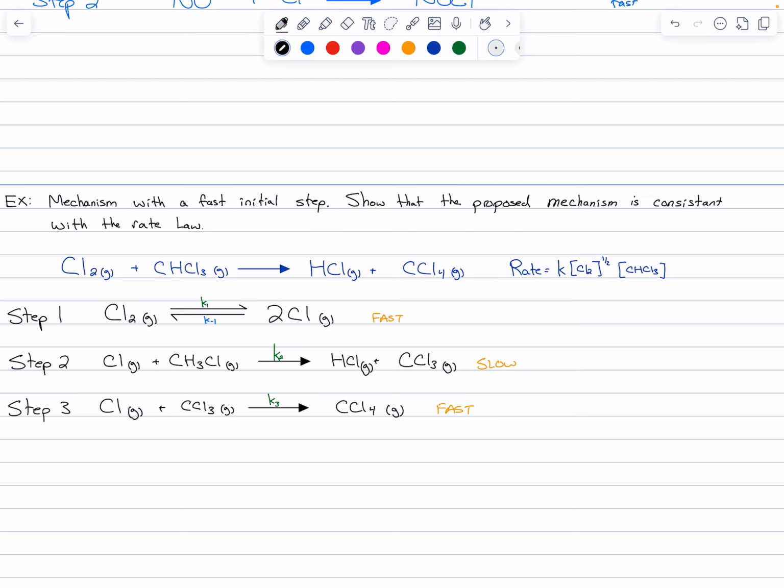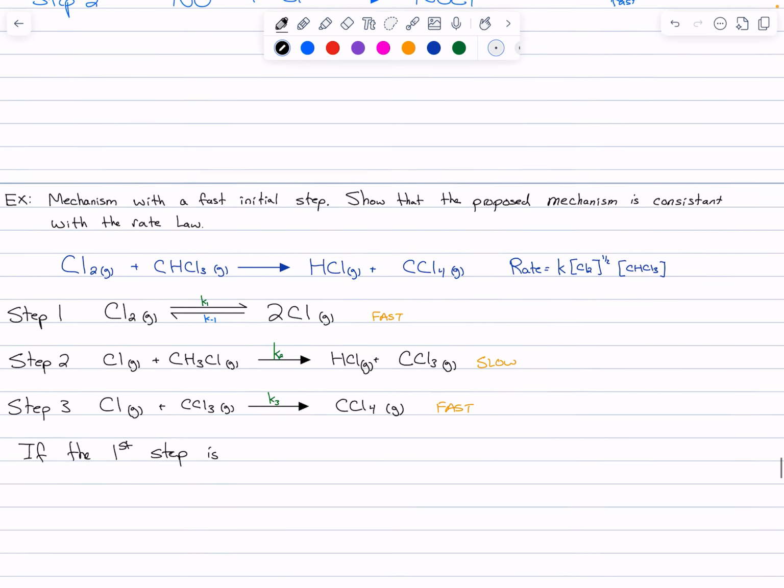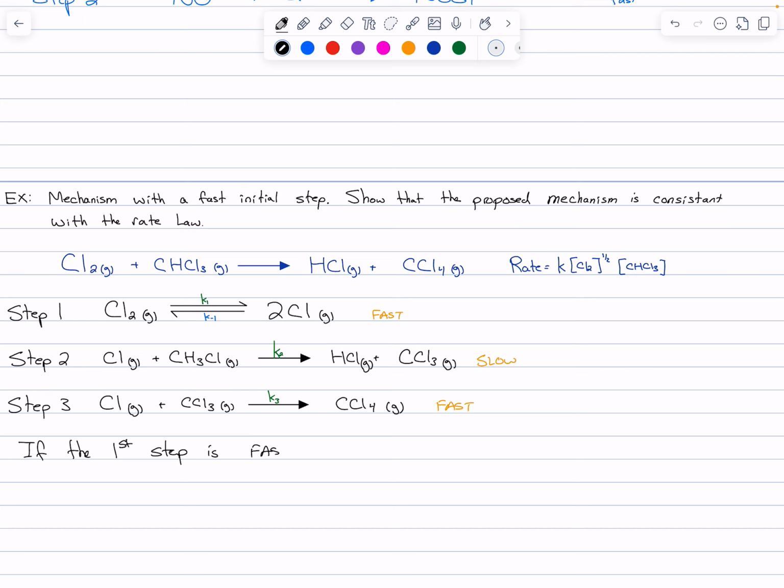So I'm going to write down: if the first step is fast and a reversible reaction, which it is, according to our proposed mechanism,